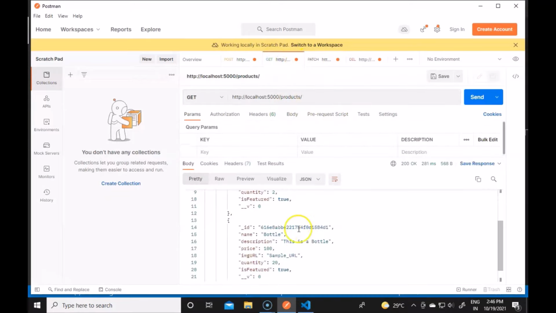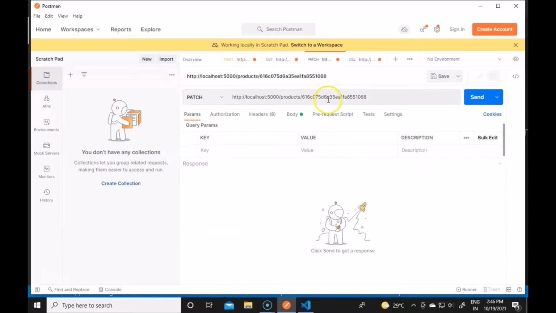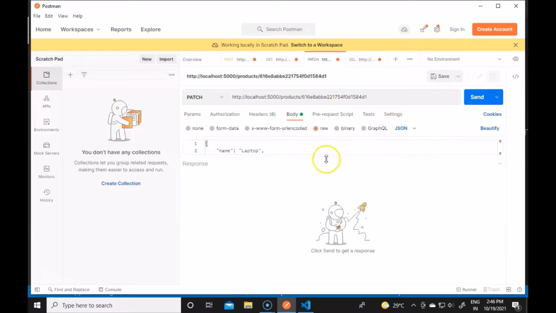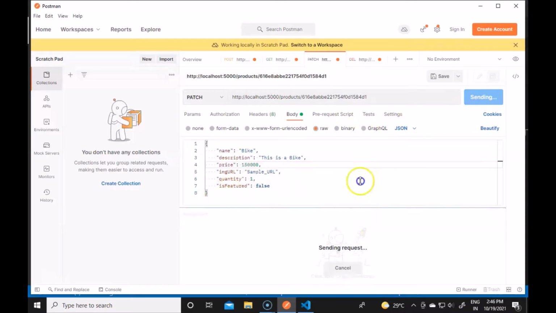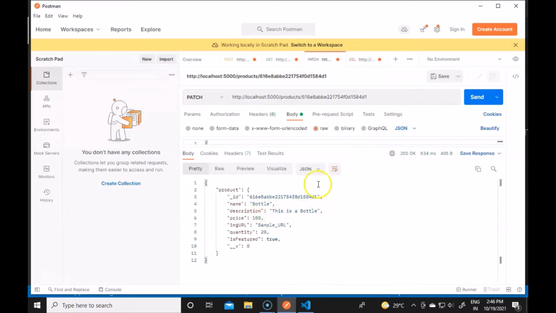We have created a new bottle here, and I will copy this ID from here, go to the patch, and update this product like this. The body will be a bike, the price will be 1,50,000, the sample URL, the quantity and its feature. If I now send this request, it should show me this product here.